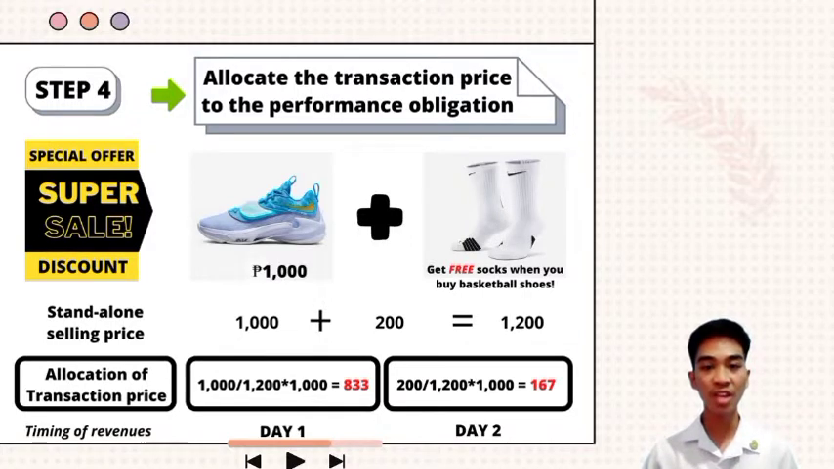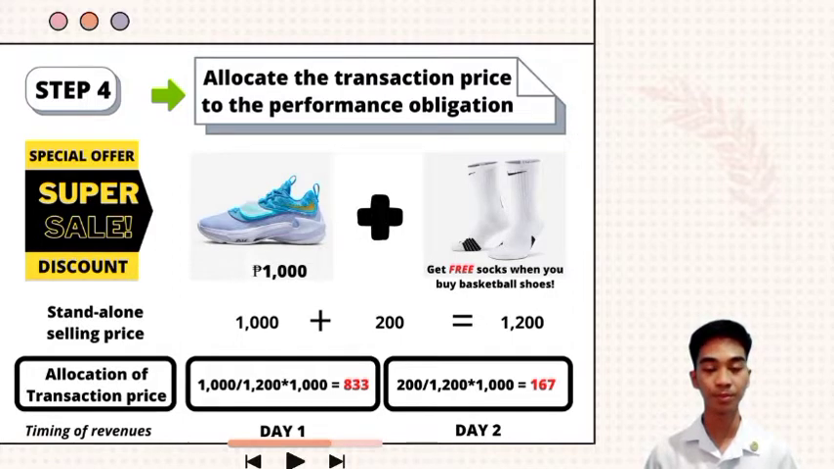However, how does the shop recognize the revenue? Under IFRS 15, hindi mo pwedeng i-recognize yung 1,000 para lamang sa shoes at 0 para sa socks. Instead, dito na papasok yung step number 4. You must allocate the 1,000 pesos transaction price to both shoes and socks, and that is the point of